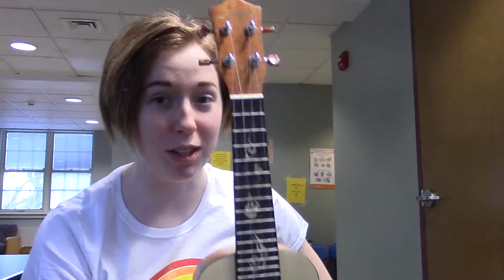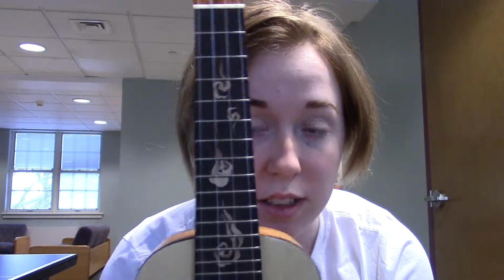Well, Ava, the next thing you gotta do is tune it, because even though tuning is optional, no one wants to sound like a tool. Every ukulele has 4 strings, and the strings left to right are G, G again, because gee whiz, we love music, E, and A, as in